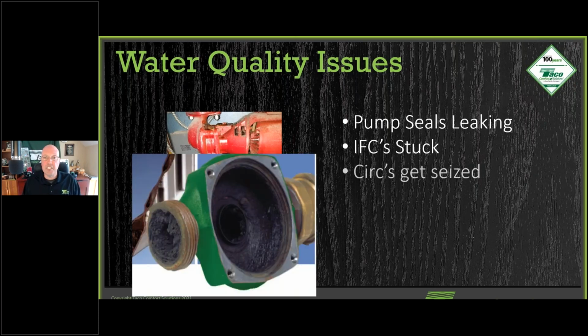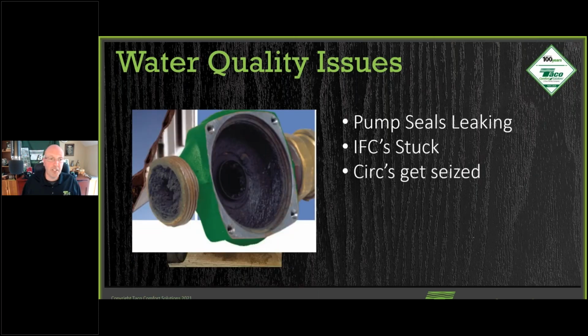Circulator seizing up. We experience seized circulators all the time, but remember one thing about circs: the tolerances between the impeller and the casing that you see here are really close. Not a very far distance between the two of them. So you start to seize up circulators. If you seem to be replacing circulators often, every year or two on an older system, it could be dirty water. I know a lot of people turn around and say, oh, the quality is just not the same as it used to be, or it must be a bad batch. How could there be a bad batch two years apart from each other? So when you start seeing circulators being replaced a little more often,